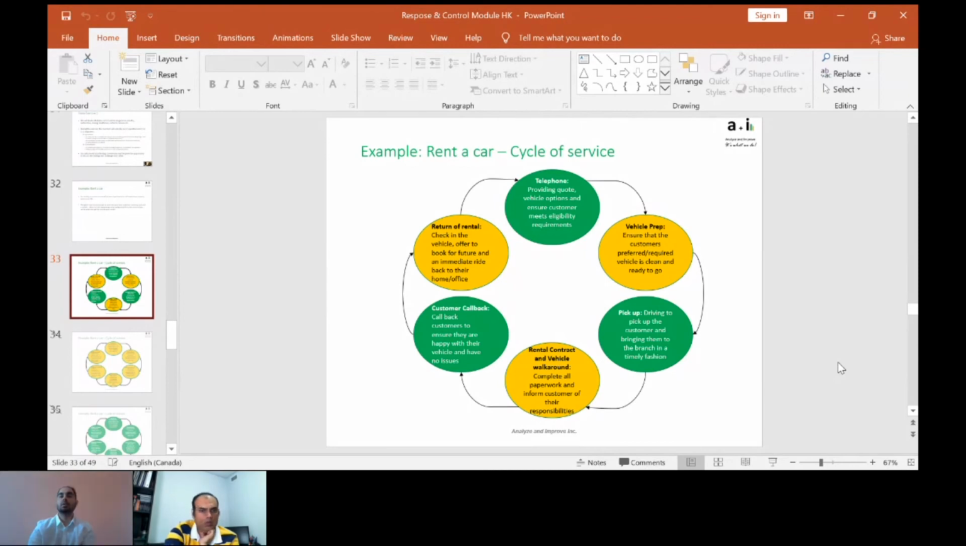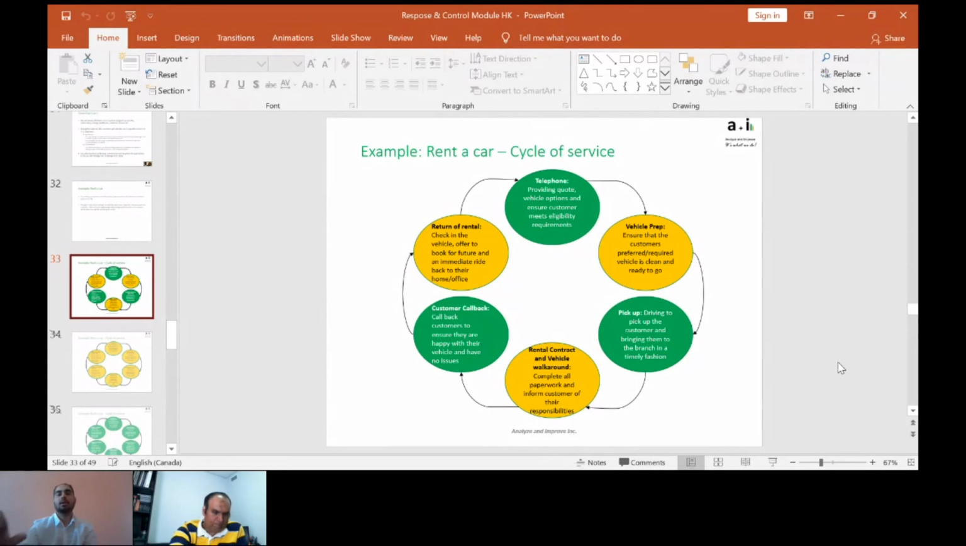When you're renting the vehicle, and then feedback for the customer once they rented the vehicle, just making sure they're happy with the vehicle during the rental, not after, but during, just giving them a call back to see everything's going well. And lastly, when they return the rental vehicle, checking the vehicle in and then offering to rent another vehicle or book a rental for the future for the customer. That would be a process map for the cycle of service for a rental vehicle, rental